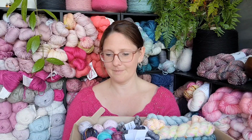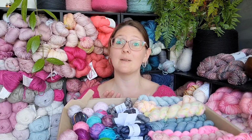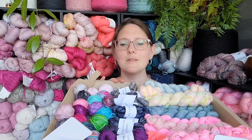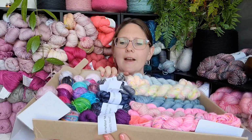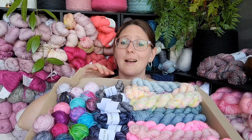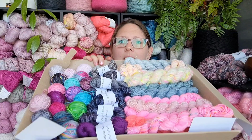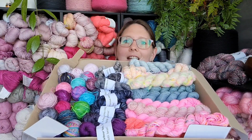And put the variegated ones in the body of the sock, and probably use the more solid colours for the heels and toes and cuffs. So I'm just going to make some fun Scrappy socks with those. This middle column here, you can see it's kind of a fade. I don't know how someone has enough yarn and stash of scraps and leftovers to make a fade out of scraps. It's crazy. But there's another local lady, well, New Zealand based lady, Rebecca,